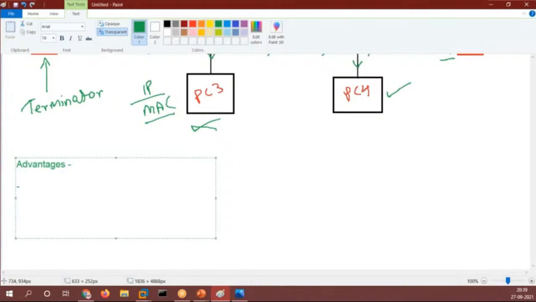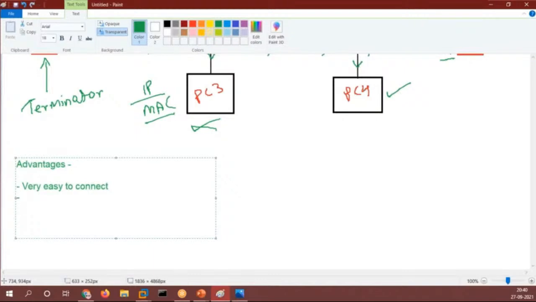Anyone, what are the advantages? You guys can put your outputs in the chat. Efficient, low cost, okay. Now it is very easy to connect, right?